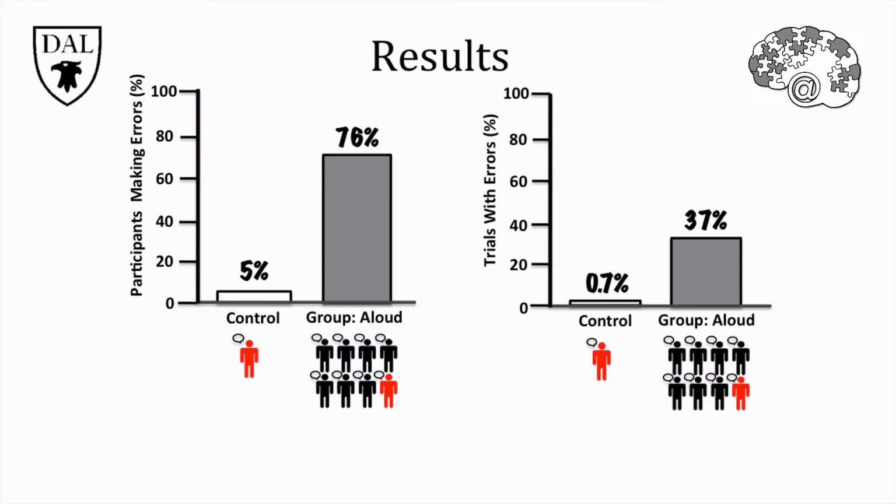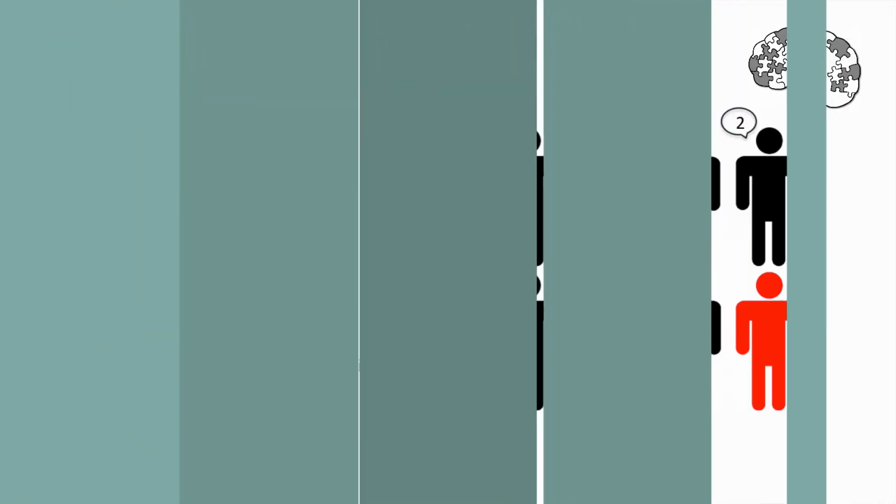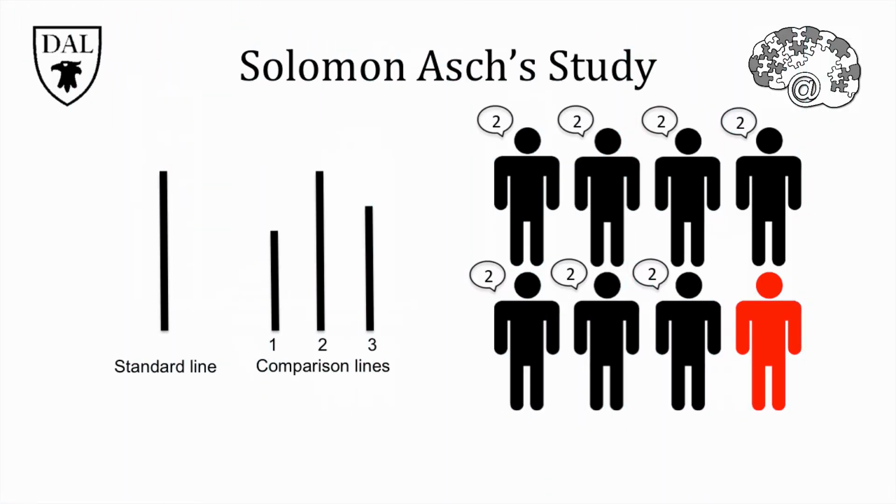It's difficult to tell from these 2 conditions alone, but Asch added another condition to address this question. In this condition, after hearing the responses of the majority, a participant reported their answers in writing, rather than out loud. That way, the group never knew what line the minority participant chose.